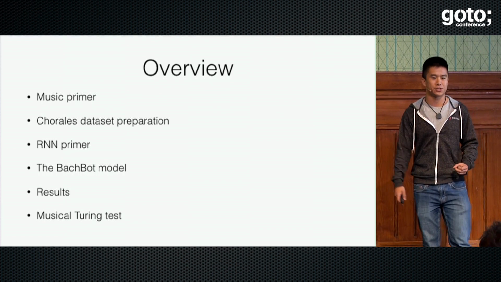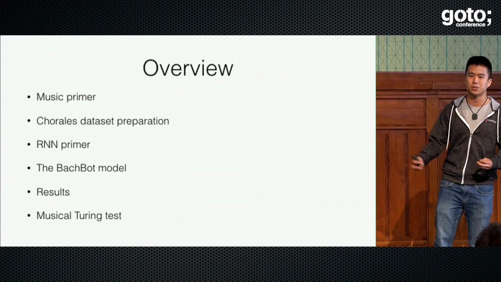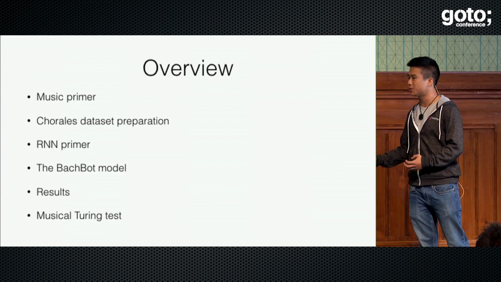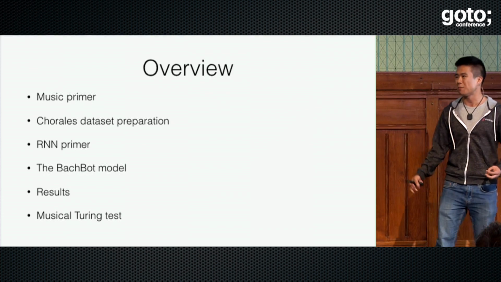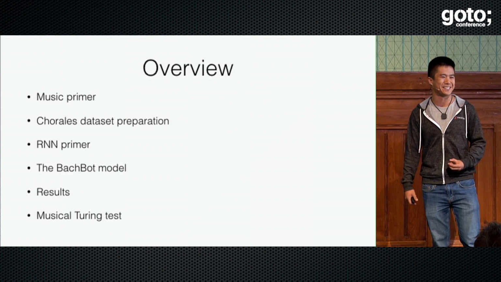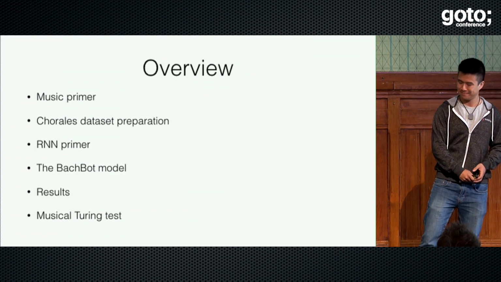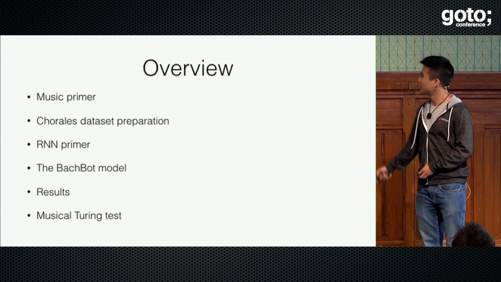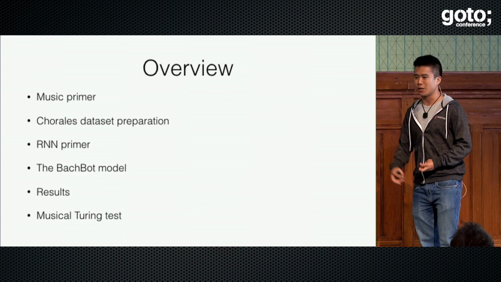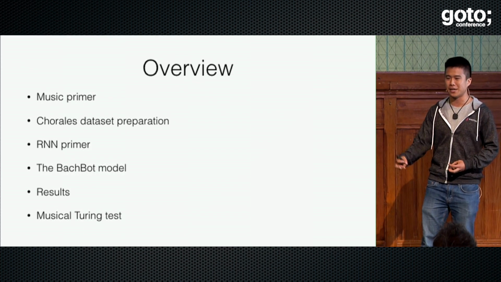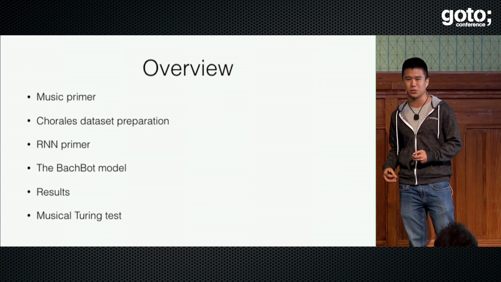And then we'll show the results. We'll show how this model is able to capture statistical regularities in Bach's musical style, and we'll provide very convincing evidence that music theory does have empirical justification. And finally, I'll show the results of the musical Turing test, which was our proposed evaluation methodology for saying, yes, this model has solved our research goal.